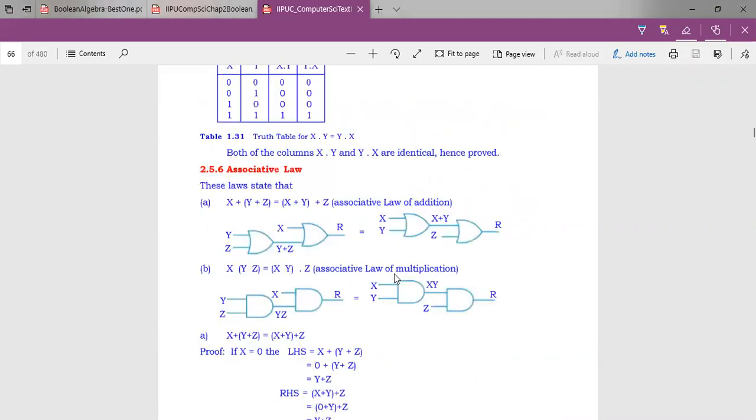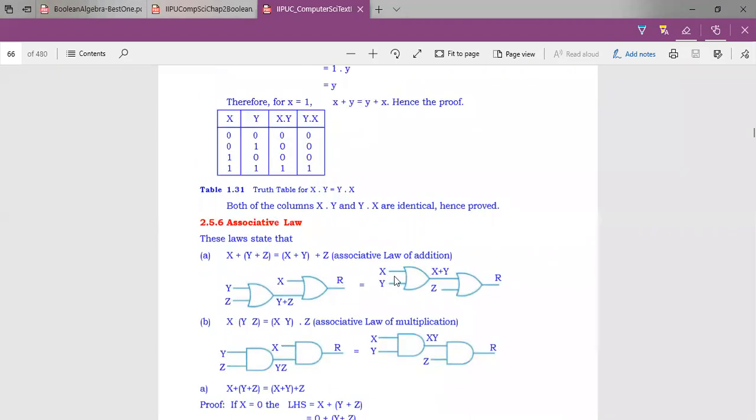Now I will ask you some questions. What is a plus a bar? A plus a bar is 1, correct. You have seen x plus x bar is 1. x is just a representative variable. You must be able to apply this theorem to any of the given expressions. What is a dot a bar? A dot a bar is equal to 0, correct.